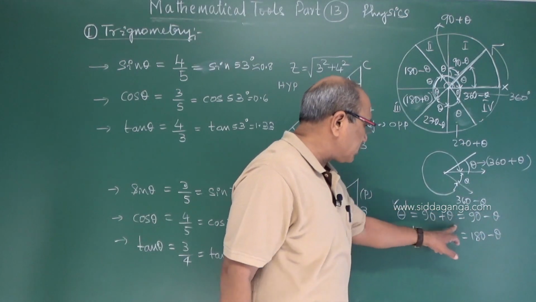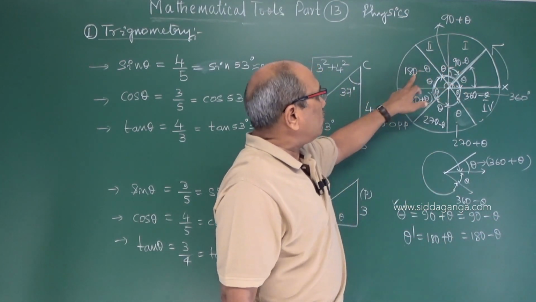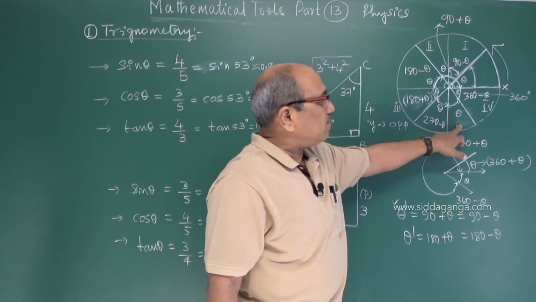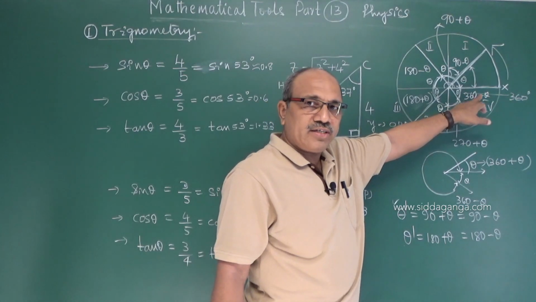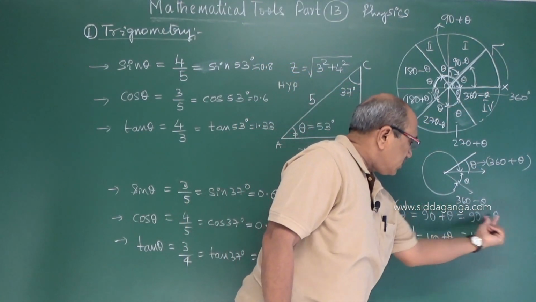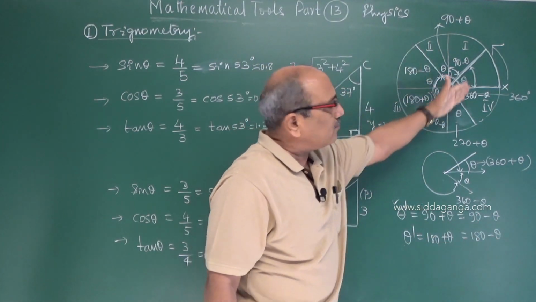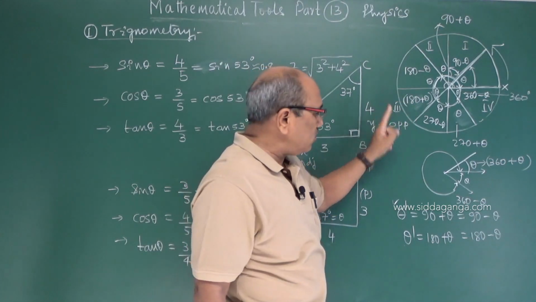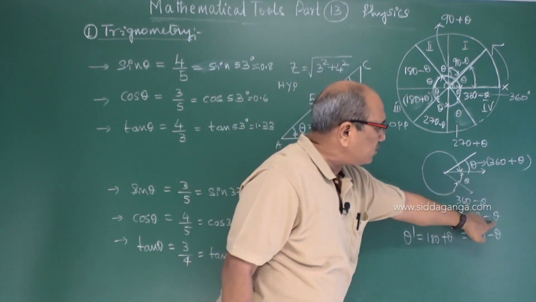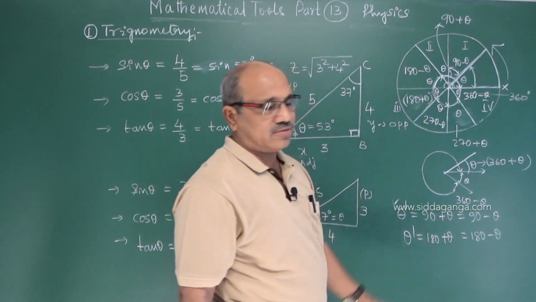These are all 90 plus theta, 180 plus theta, 90 minus theta or 180 minus theta, 270 minus theta, 270 plus theta or 360 minus theta, 360 plus theta. What this implies is, these angles, theta dash, may be anything which I have shown here. Out of these, any one you consider, that angle is allied to the angle theta. Therefore, we call them allied angles.